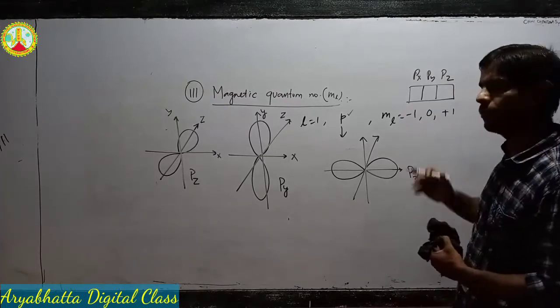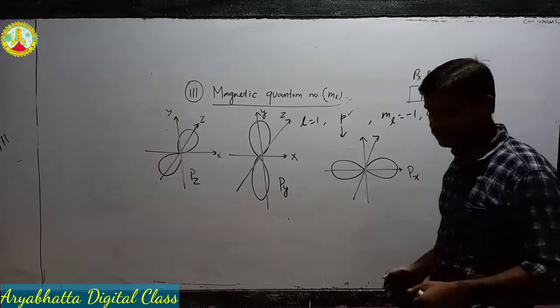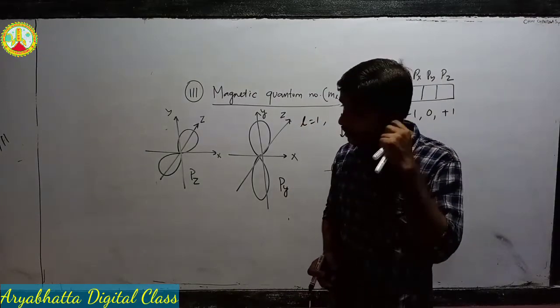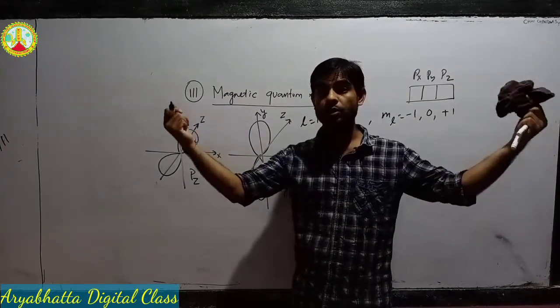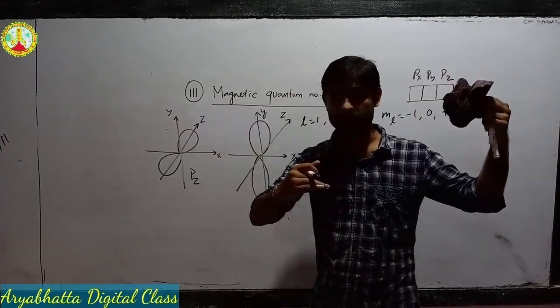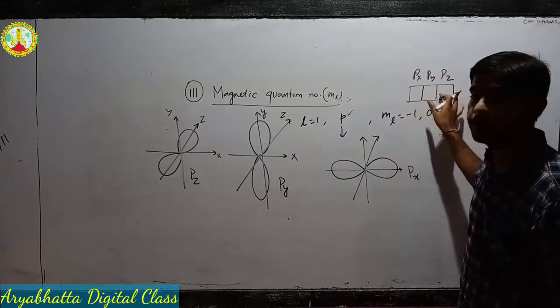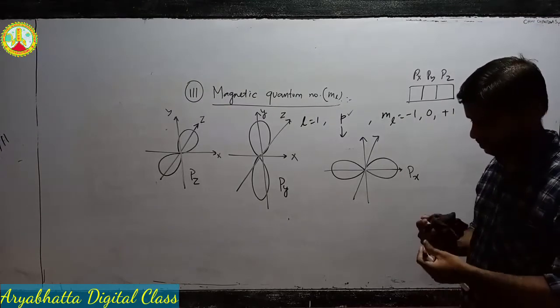We will see that these three p orbitals, since they are part of the same orbital, the boxes are within the same almirah. When we open the box, we see that there are three boxes. That is, p orbital has three boxes. Okay, so when we have multiple subshells,